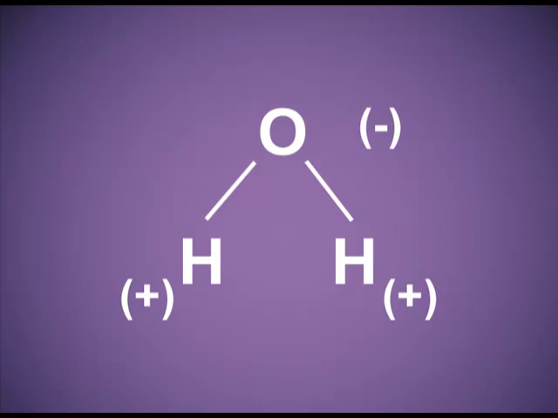Now you can see in the slide, there are two hydrogen atoms bonded to oxygen, and through the blue dots you can see the electrons, the two lone pairs of electrons on the oxygen. You can also see the negative charge on the oxygen and the positive charge on hydrogen. It is because of the higher electronegativity of oxygen than hydrogen. Due to this high electronegativity, what happens? The shared pair of electrons shifts towards the oxygen and oxygen acquires a partial negative charge and hydrogen acquires a partial positive